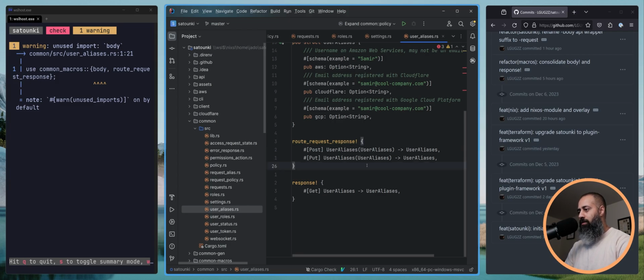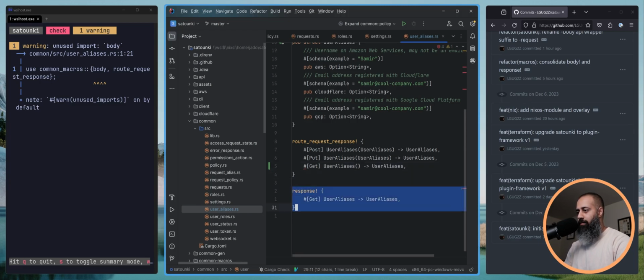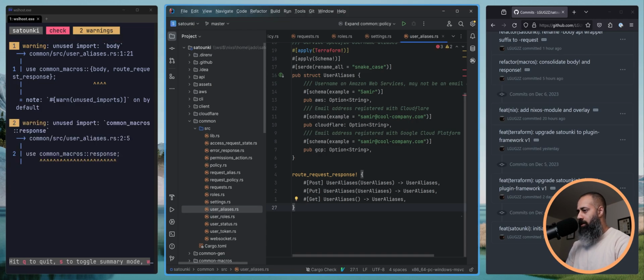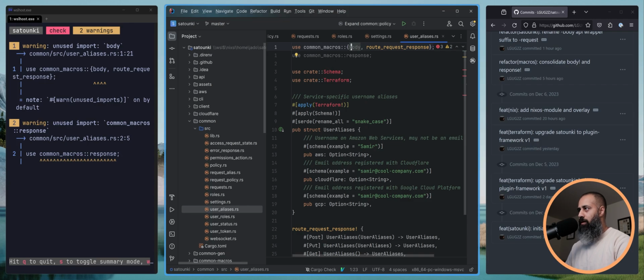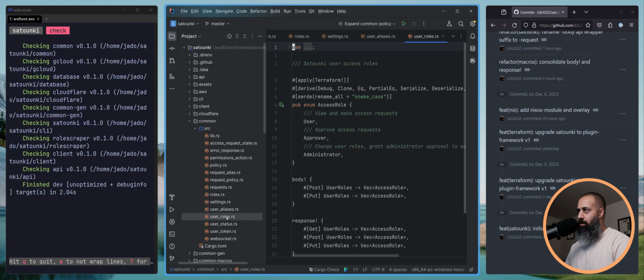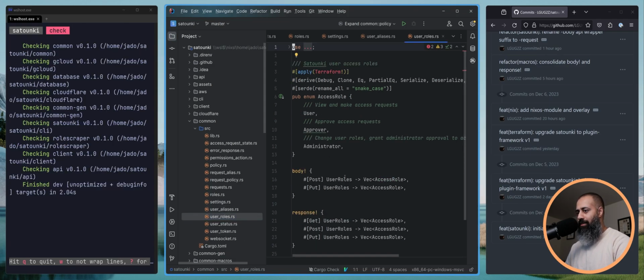And then the last one is user aliases get. And we should be good there. Yeah, and we just go on back here, remove those unused imports, and on we go to the next one,